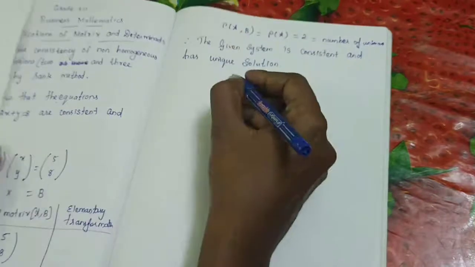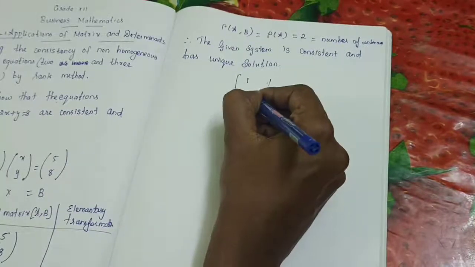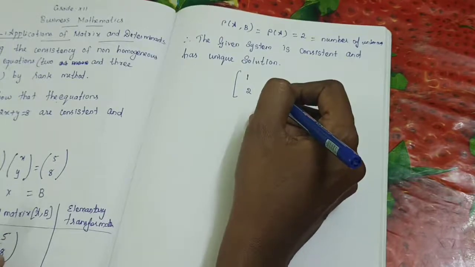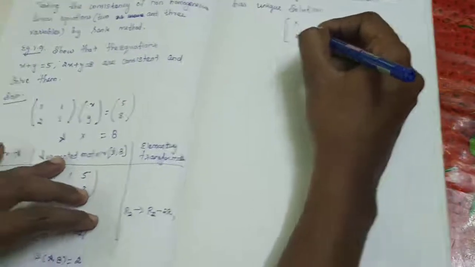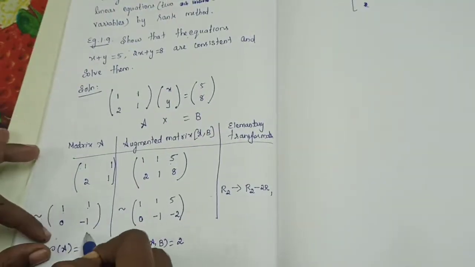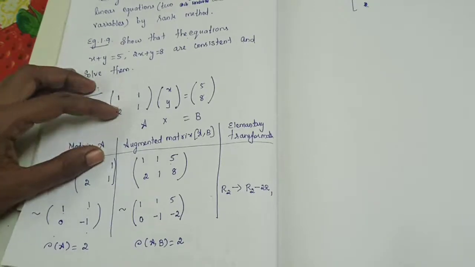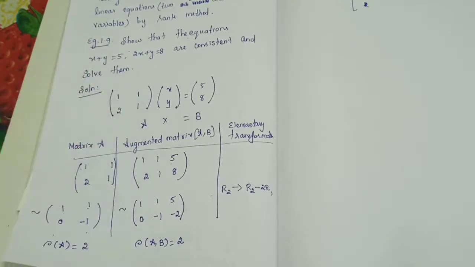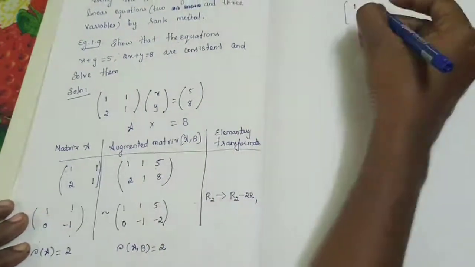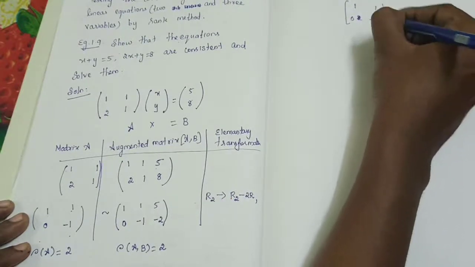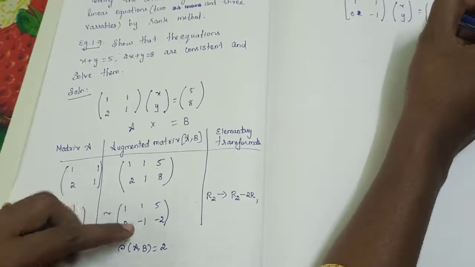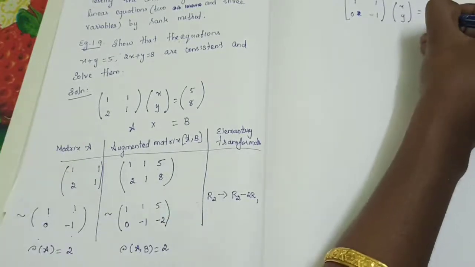Okay. Now we are going to take that, 1, 1, 2, 1. Is it right? But here we have changed it. So you need to choose the changed matrix. Understand? The changed matrix. That is how you changed this as 1, 1, 0, minus 1. Don't forget, don't take the original matrix. Which you have changed to the echelon form. That particular echelon form matrix you need to take. So 1, 1, 0, minus 1. Next one is x, y. Then what about the b value? It won't change. So write 5, 8.